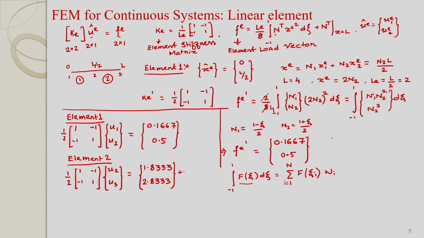So, this is nothing but the value of N1 and N2 at the second node. So, for the second node the value of N1 is 0 and the value of N2 is 1. So, here our total load vector is